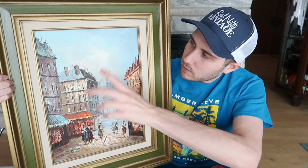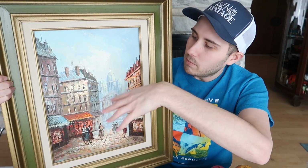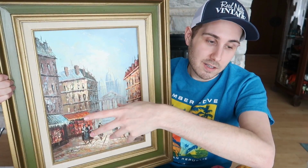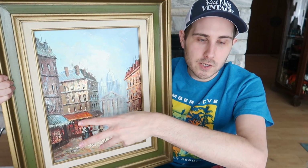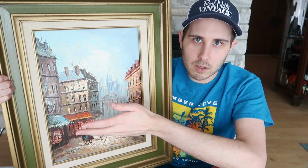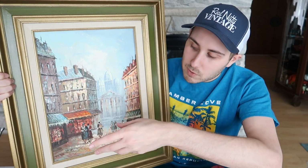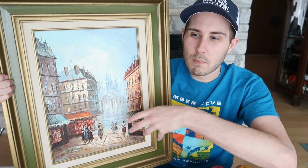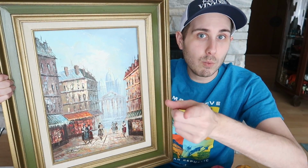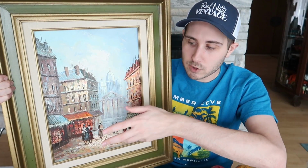So I'm leaning on, based on the frame and this cloth kind of thing, could be the 50s or the 60s. These are all just what I'm thinking. Let me know if I'm completely wrong and you have links or something to show me otherwise. I'm also thinking this was maybe more of a mass-produced item, and I'll tell you why. Now, it is all hand painted, it's not printed, and I do know that much, but here's why I think